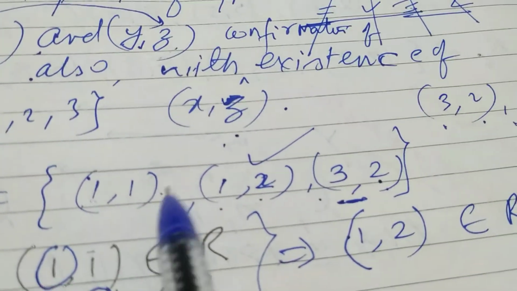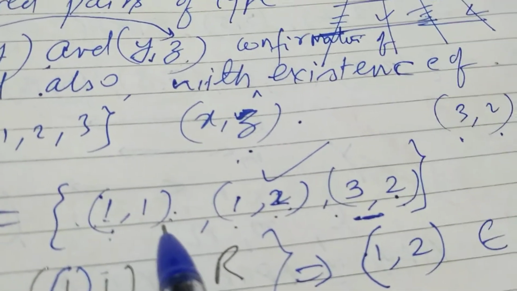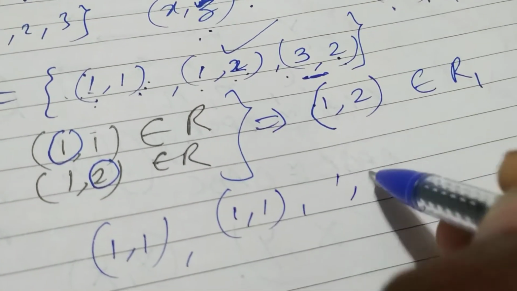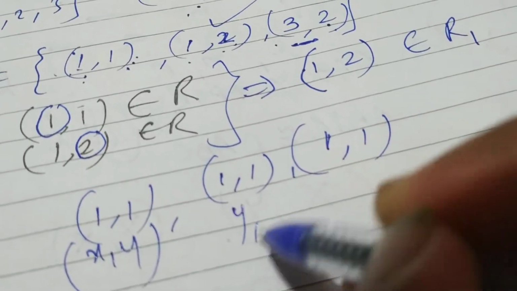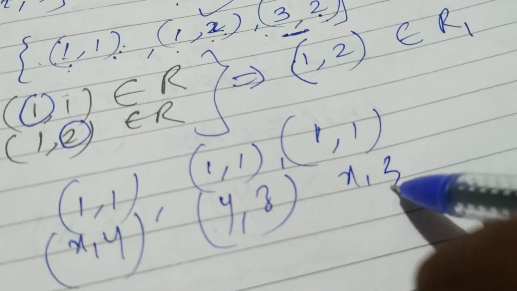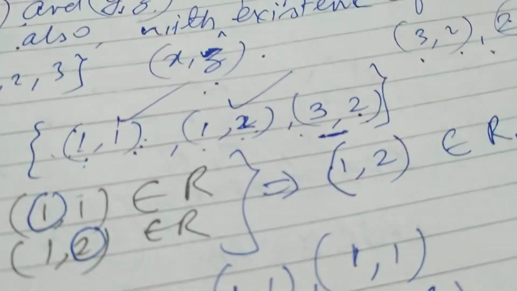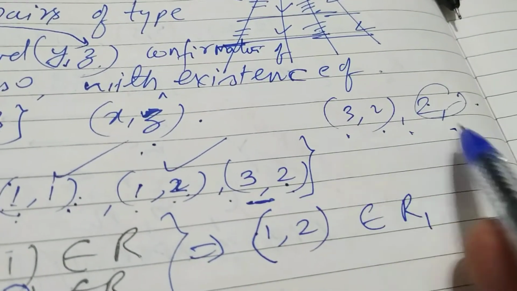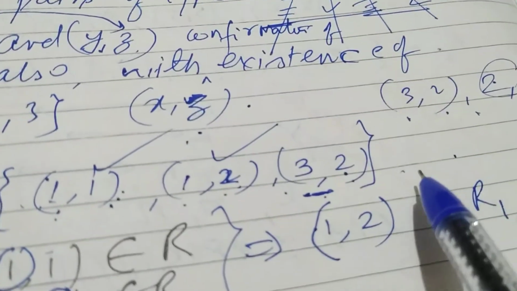See, (1, 1), (1, 2) is present, (1, 2) is present. Now (1, 1) is present and (1, 1) is present, so automatically (1, 1) comes. So it is (X, Y) type of element, (Y, Z) type of element, then (X, Z). There is no need to write it 3 times. Okay, for this ordered pair it is done. Now what about these two elements? There is no such distinct pair of ordered pairs. The minimum requirement, (X, Y) and (Y, Z) type of elements, they are not present.